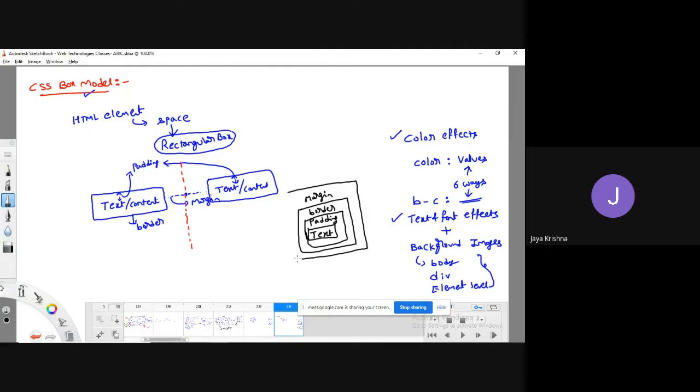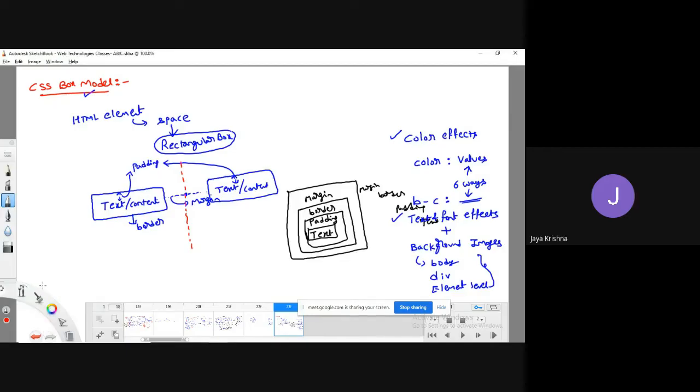If you would like to add one more HTML element, then for that also we'll have first margin, then border, then padding, then again text. Like this, every HTML element is going to have some amount of space.